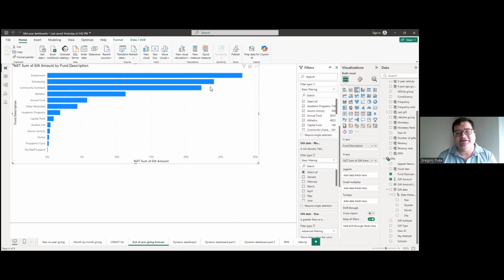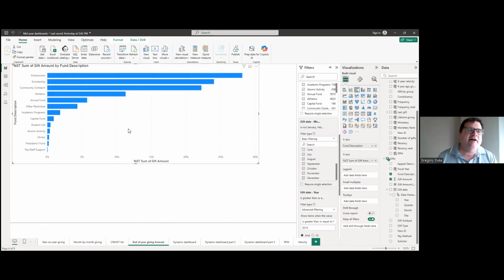And it turns out the answer is no. People give to scholarships, more endowment, more on the first 6 months of the fiscal year. So maybe that's affected by one giant gift to endowment. You could put in some filters to look only at people who've given 1,000 or less over a certain fiscal year, or less than 10,000 total during the time we're looking at.